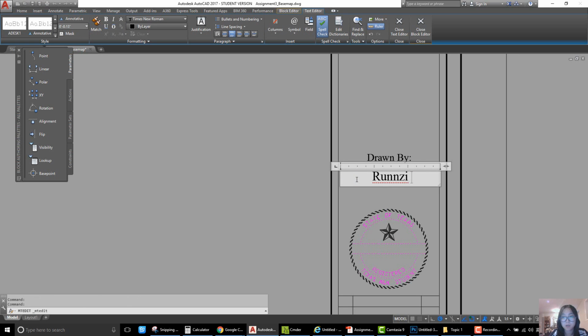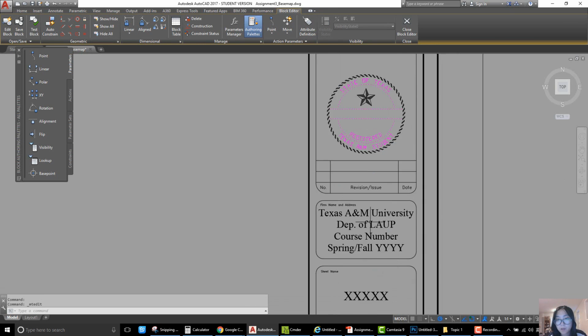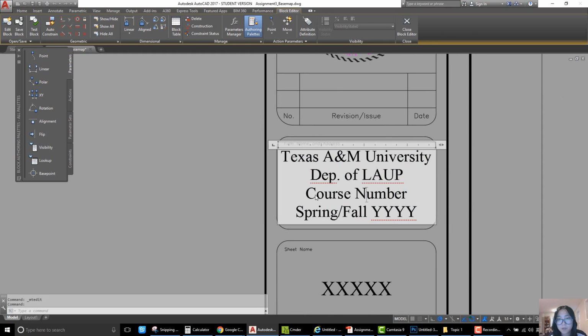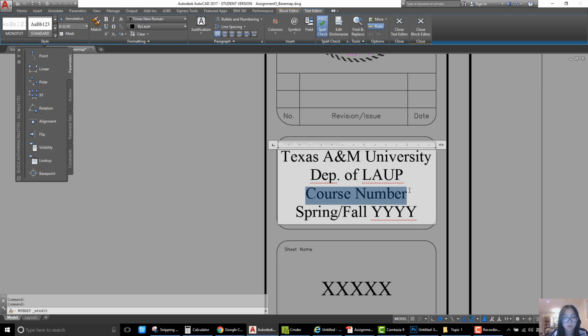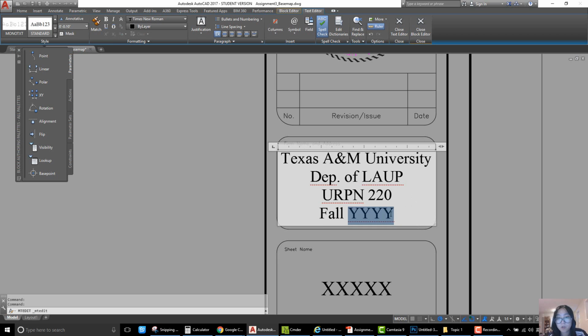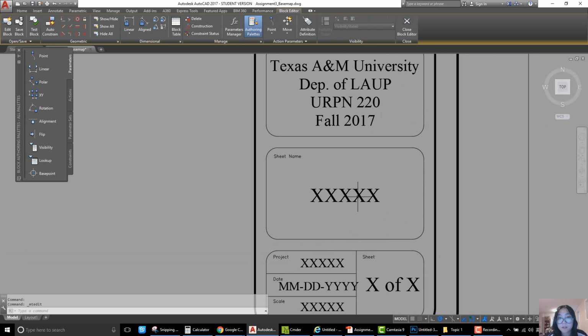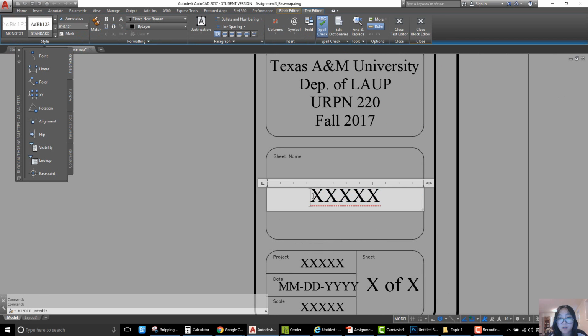Name, and course number is URPN220, and this is for 2017 semester, and the sheet name is base map,